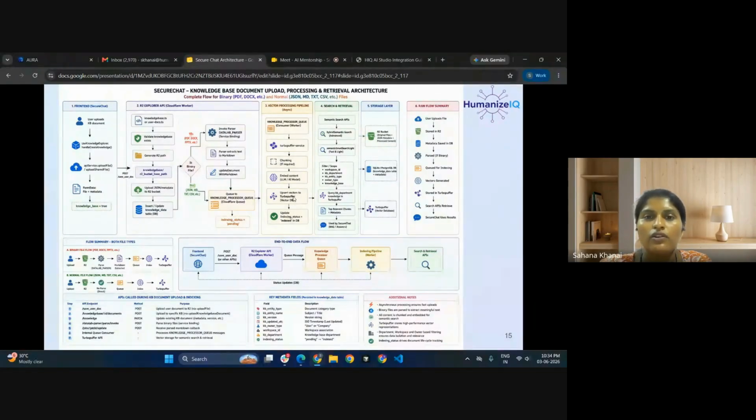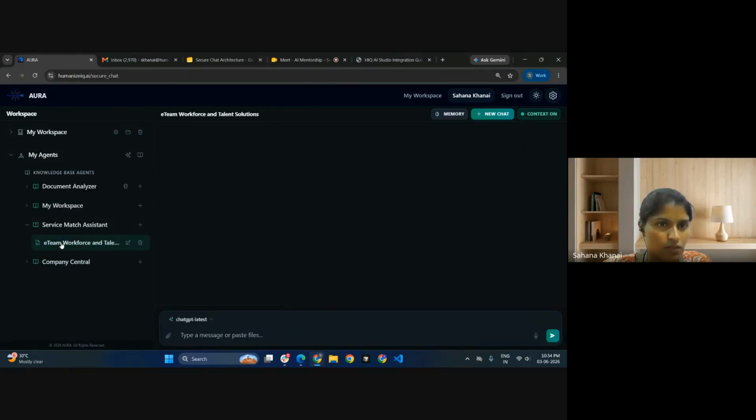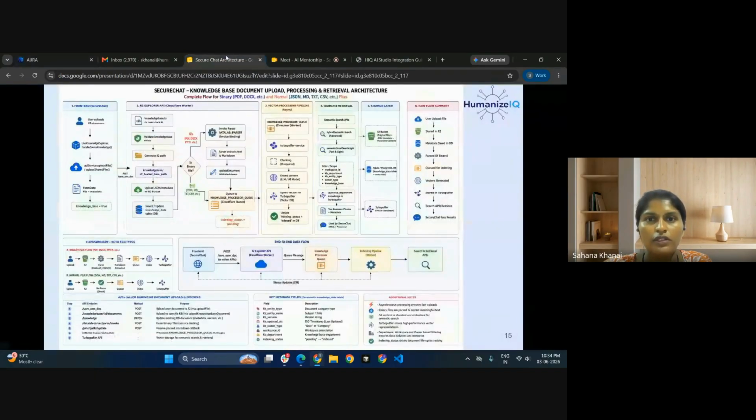Whenever you ask any question, right here in the My Agent section, today I have asked for ET. So how does it work? All the documents are present in the vector storage. That part is done whenever you upload the document.